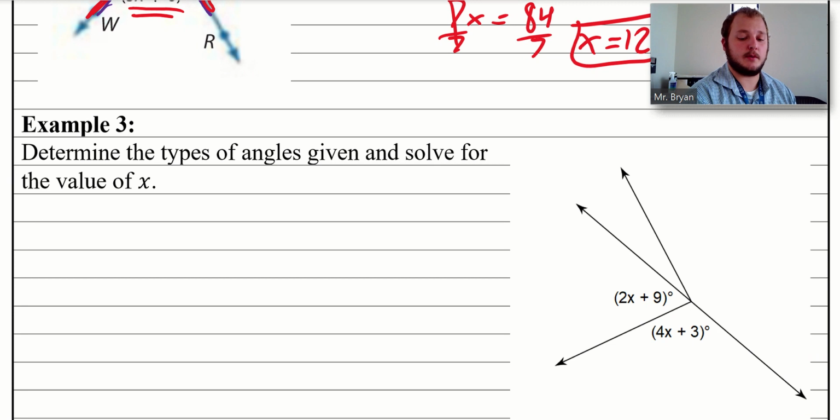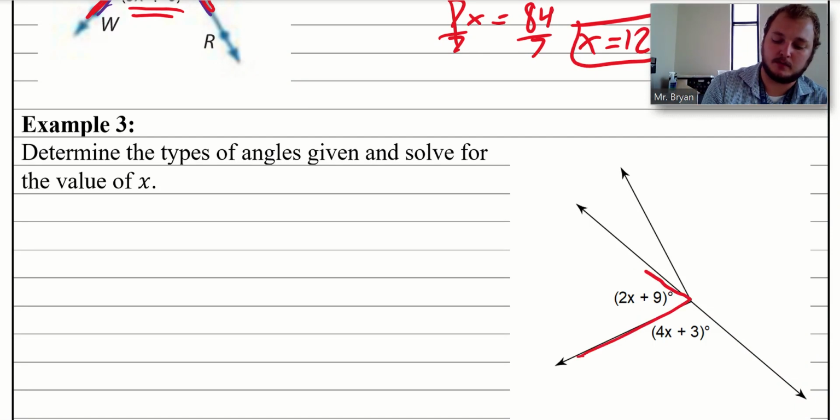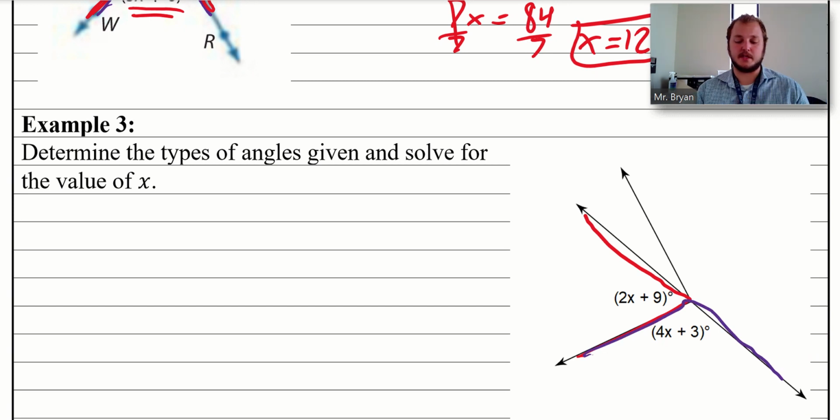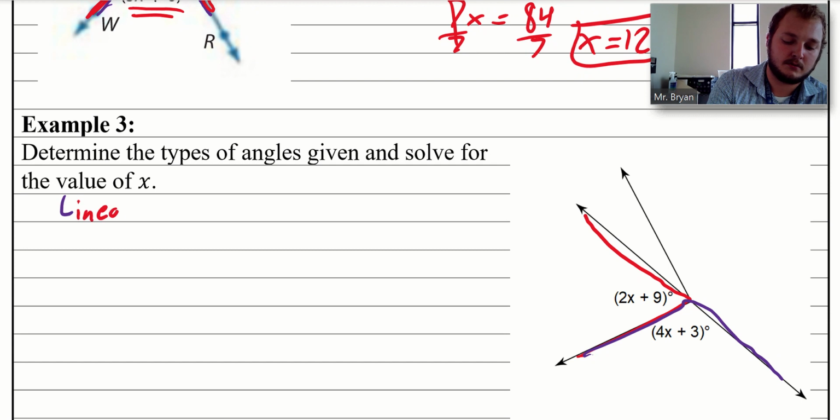Okay, so with this, I'm looking at this and I say I want to determine the types of angles given, first of all, which I always want to do, and I want to use that to solve for the value of x. Okay, so I see I have these two angles here. I don't have names for them, but I am given the measures of them algebraically. So if I see these two angles here, we have a couple different names for these. Okay, it does want me to determine the types of angles, so I'm going to write this down. This is either a linear pair